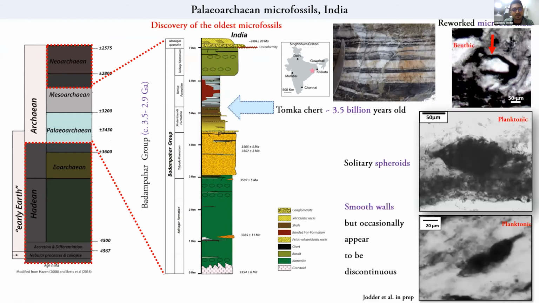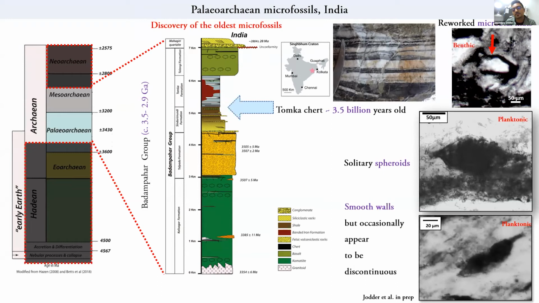And again, if you are very fortunate, you will come across reworked microbial mats that are entrained in some siliceous carbonaceous matrix, crinkly layered and mostly made up of carbonaceous matter. These are remnants of some benthic microbial life from the Paleoarchean time window of our Archaean Earth's history from the Singhbhum. And more importantly, and very surprisingly, we have our friend here again, the lensoidal spheroidal microfossil from India, the oldest of its kind.